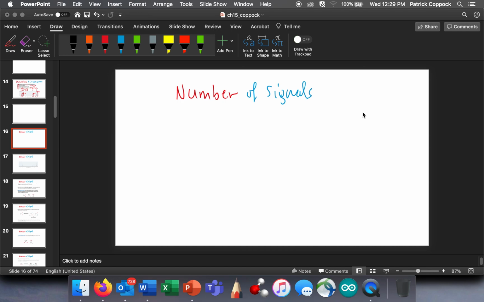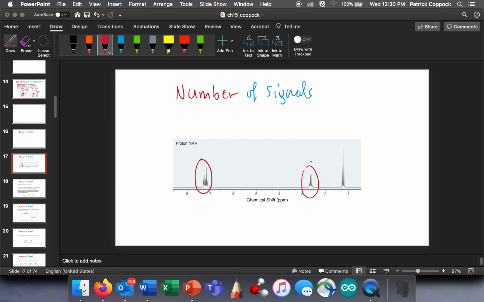Okay, so the number of signals, and what do we mean by that? Let me remind you of this spectrum we saw on a previous graph. Here are three signals. 1, 2, and 3. And that's what we mean by signals, okay? And three signals means we have three